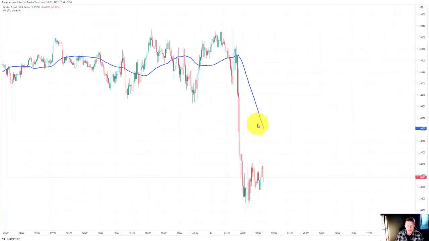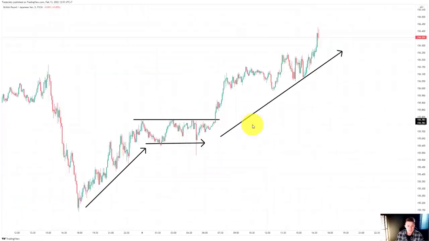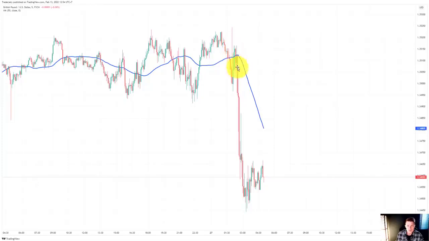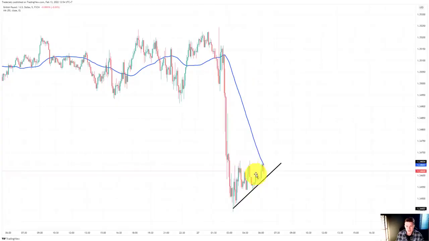Similar here. And what we can sometimes do is add a moving average on our charts. I love to use the 50-period SMA. And what you will often see is that in those sideways phases, in the initial trend, the market moves away from the moving average, and then those consolidations move back into the moving average. So like here, the market is moving away from the moving average as the trend accelerates. Then you can see the consolidation is taking place at the moving average. And this is where you then want to look for opportunities. This is ideally where you like to see